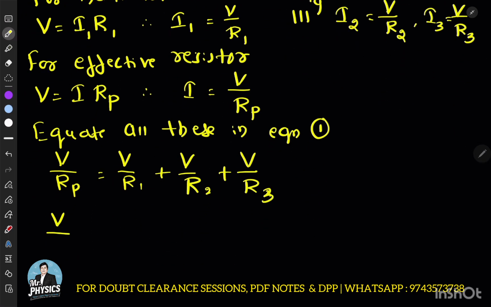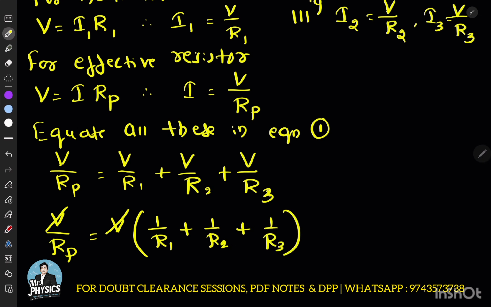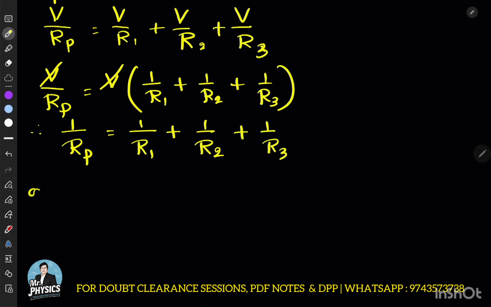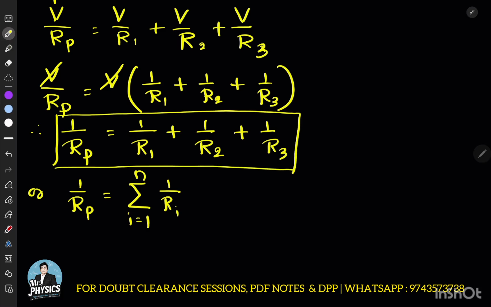I'll take V common here. V by Rp equal to V taking common, 1 by R1 plus 1 by R2 plus 1 by R3. V will cancel. Therefore, we get the expression as 1 by Rp equal to 1 by R1 plus 1 by R2 plus 1 by R3, or I can write in the summation form as 1 by Rp is equal to summation of 1 by Ri, where i lies between 1 to n,